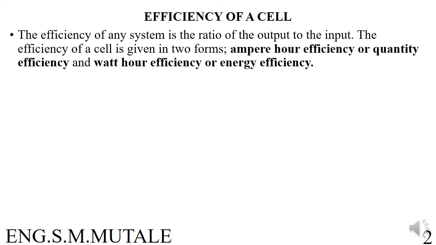In knowing the capacity of a cell, you're supposed to know its efficiency. The efficiency, by definition, of any system is simply the ratio of the output to the input. So the efficiency of a cell has two forms. There is one which we are calling ampere hour efficiency or quantity efficiency, and the other one is what we are calling watt hour efficiency or energy efficiency. The difference between the two,